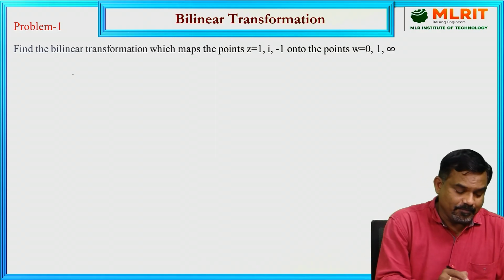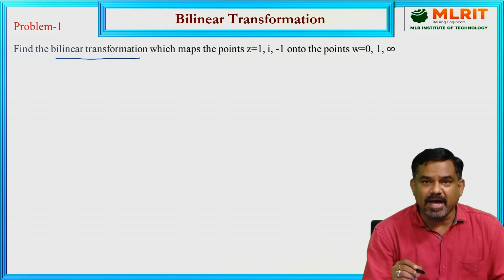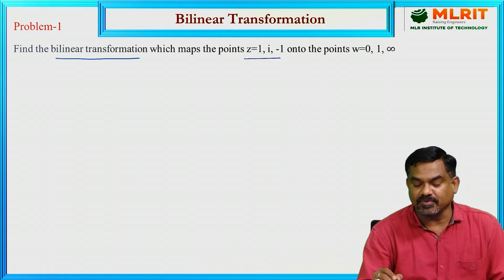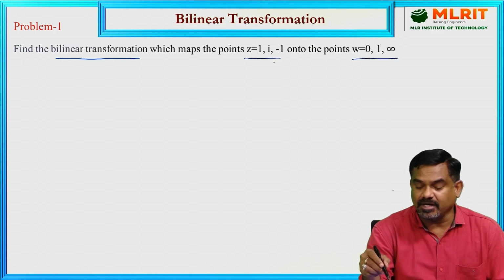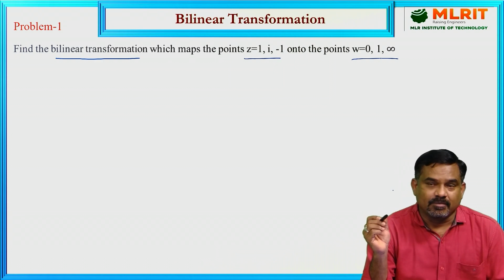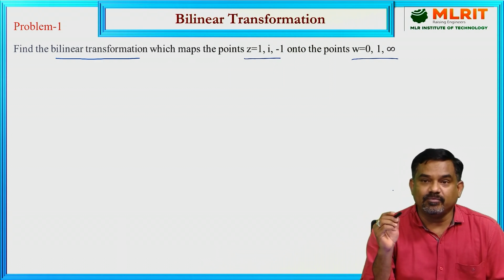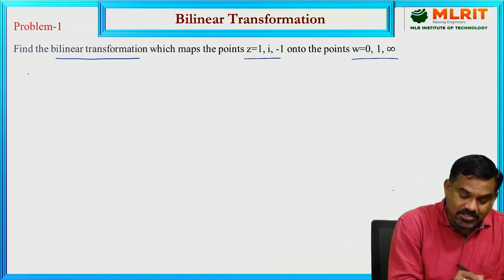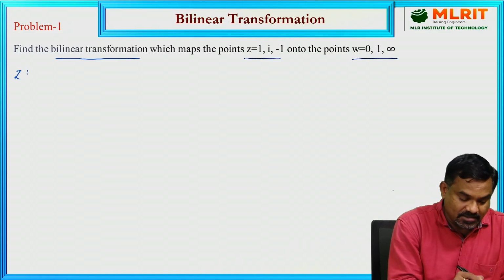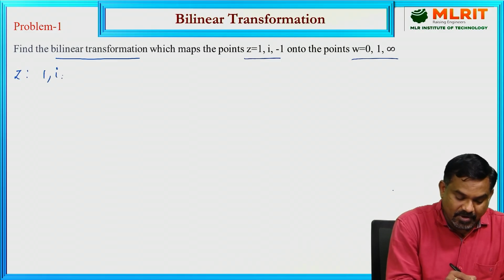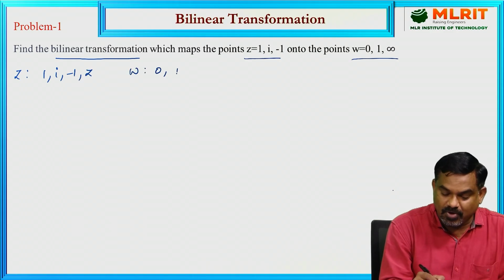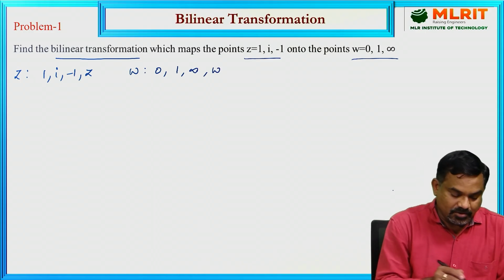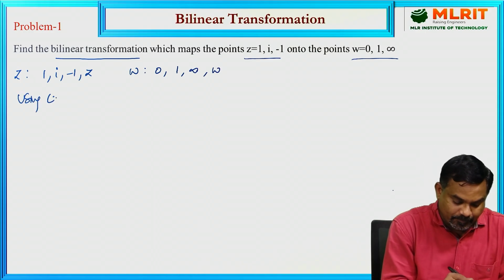Coming to the first problem, find the bilinear transformation which maps the points Z equal to 1, i, minus 1 onto the points W equal to 0, 1, infinity. So here 3 points for Z and 3 for W are given, but to find the cross ratio we need 4 points for each. So I'll consider the values of Z as 1, i, minus 1 and the 4th point as Z, and for W, 0, 1, infinity and the 4th one as W. Now using the cross ratio property,